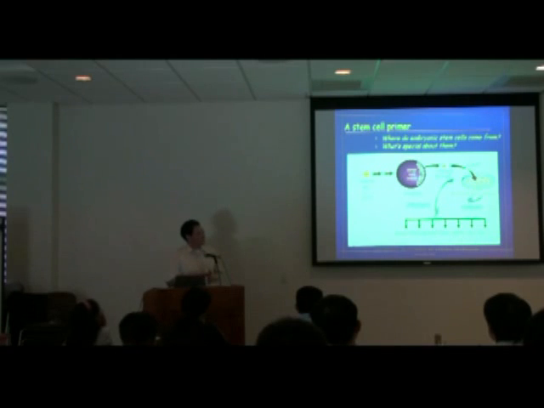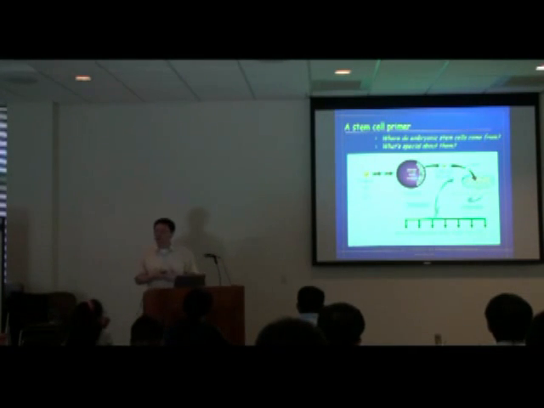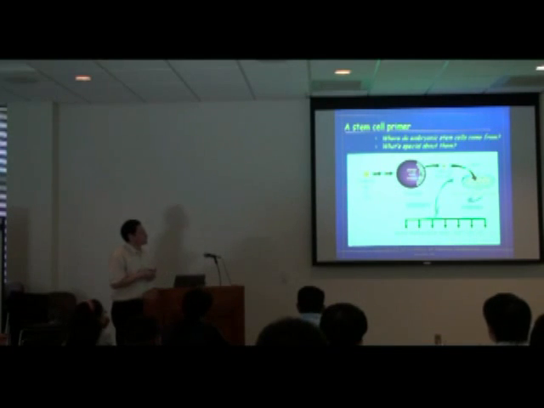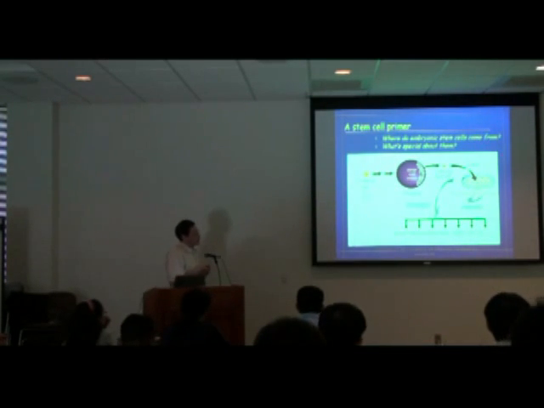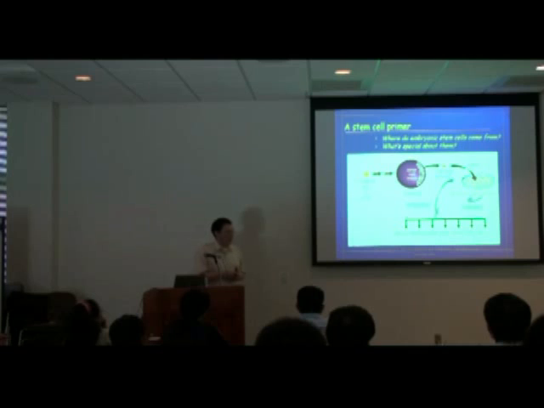So the first person who did that was someone called Jamie Thomson at the University of Wisconsin-Madison. So he actually graduated here from UofI, from the biophysics program here in 1982, I believe. So he was a product of our UofI education system. So he did this in 1998 and published a landmark Science paper. So he was able to take cells from inner cell mass and grow them on dish and establish a stable cell line that can grow basically forever. And these cells are called human embryonic stem cells or human ESCs.